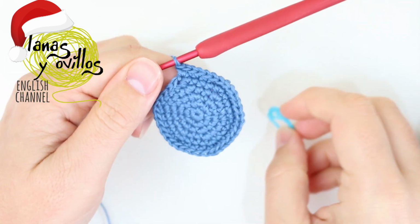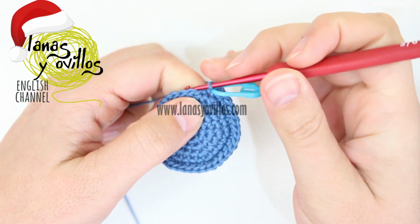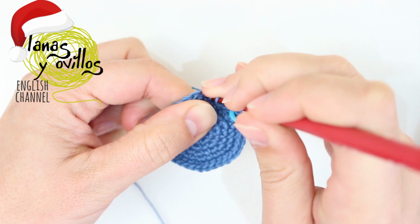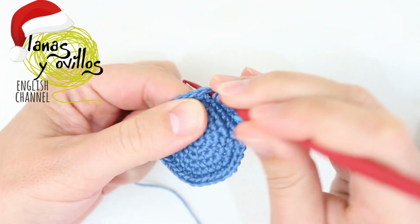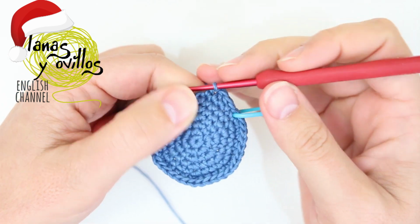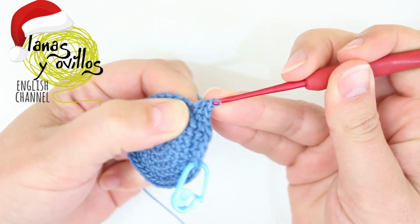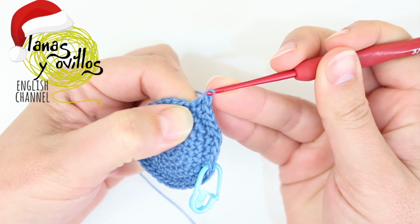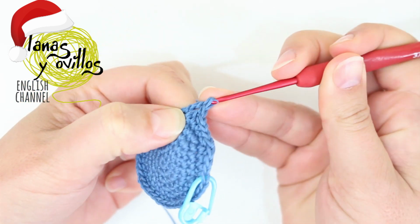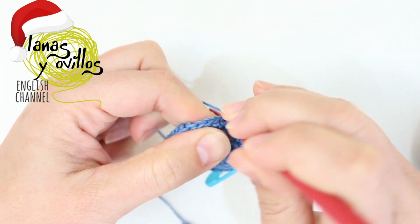Now start making the melted part of the candle with 1 single crochet, 1 half double crochet, 1 double crochet, 1 half double crochet, 2 single crochet, 1 half double crochet, 1 double crochet, 1 treble crochet, 1 double crochet, 1 half double crochet,